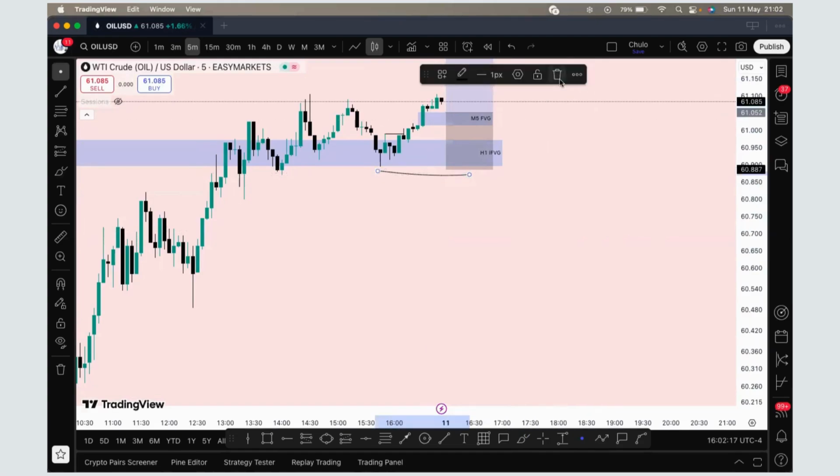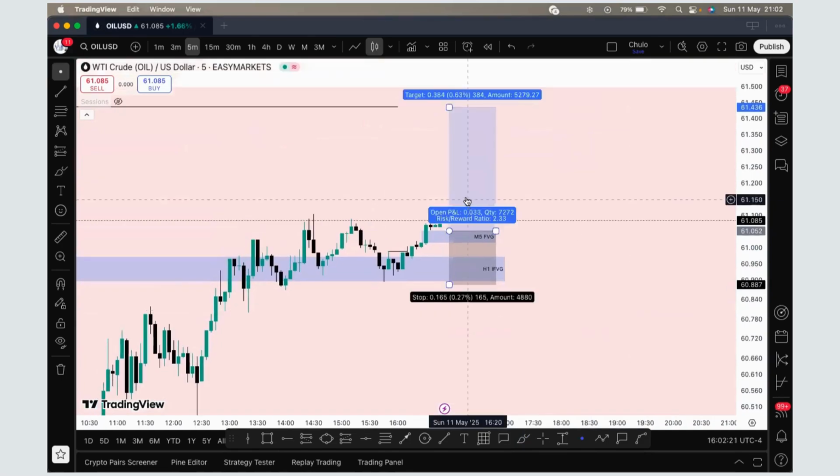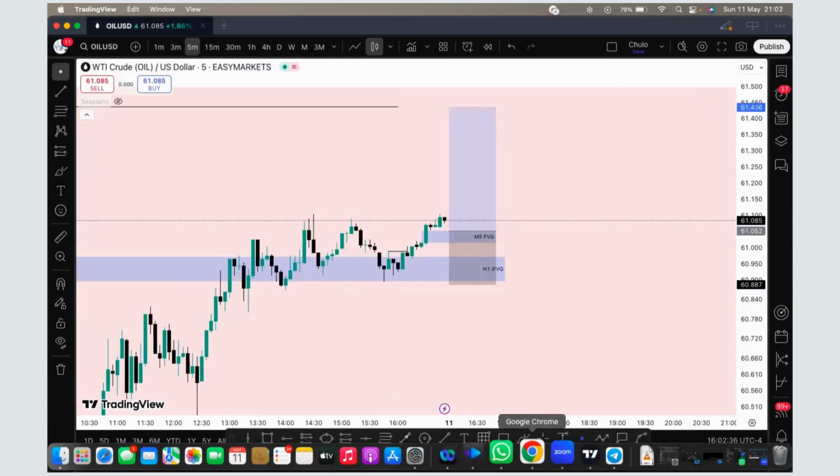But this is what I'm expecting on US oil coming into this week. Bullish on US oil until we take out this external range liquidity here. After taking out this external range liquidity, then probably on Tuesday or Wednesday, we'll look for more opportunities on US oil. All right. So let's quickly take a look at the fundamentals and see what we should expect fundamentally this